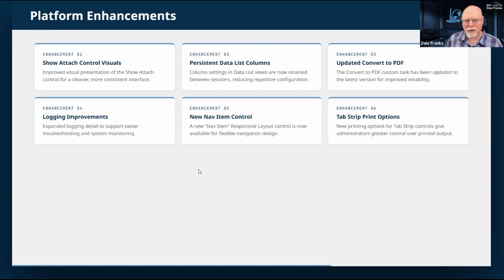In the data list control, if you went to the underlying data source and changed some of the columns and saved it, you would have to go back to the form, open the data list control, and reconfigure the columns that you wanted shown or hidden, because basically it would treat it as if you had created a brand new data list. And so you'd have to go in and reconfigure the columns inside your data list control.